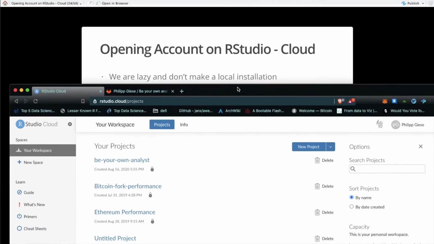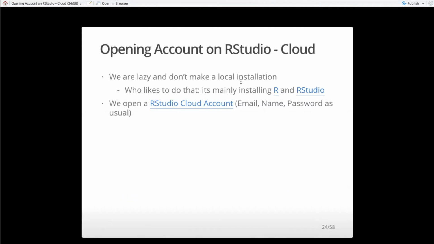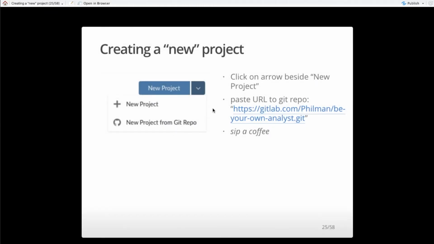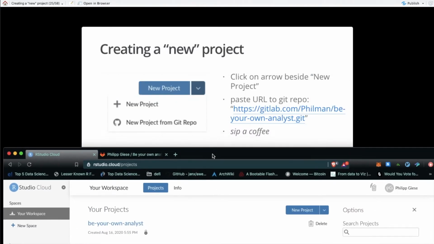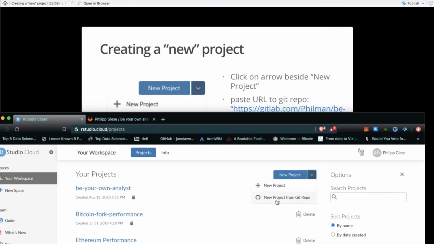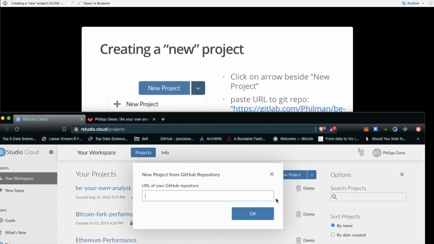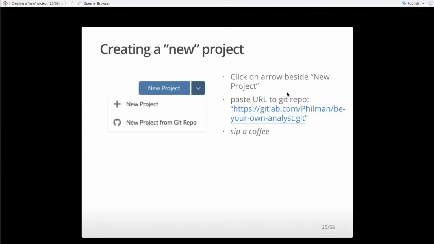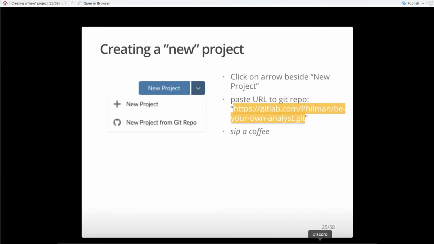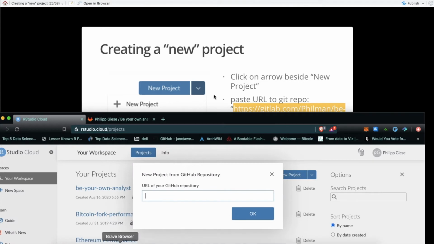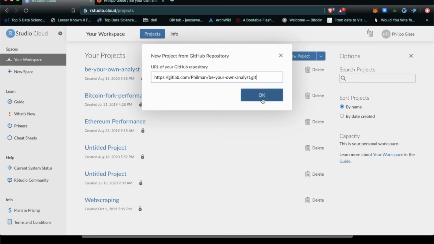Now, if you have opened up an account, what you would do is register a new account, and then you would click, and we do that now together, on new project. But what we especially will do is go on new project from GitHub repository, it says here. From my own experience, I can say you can also do that with a GitLab repository, which is obvious because what we are using here, if we are technical, is a Git repository, right? And if we now do that,